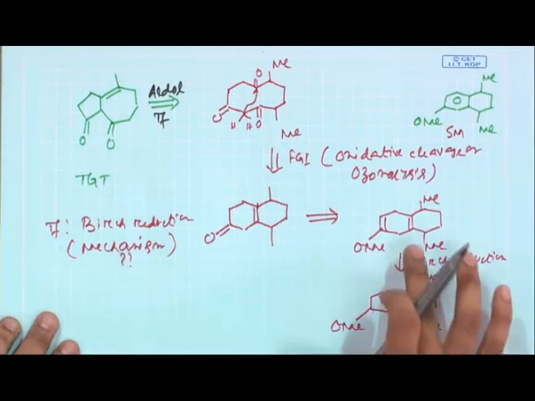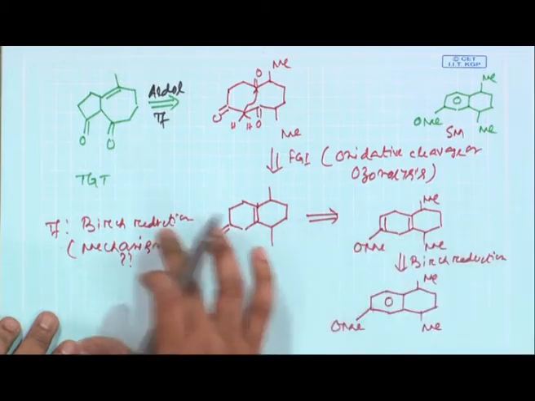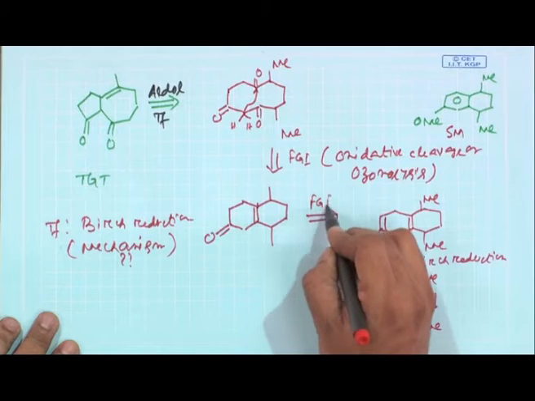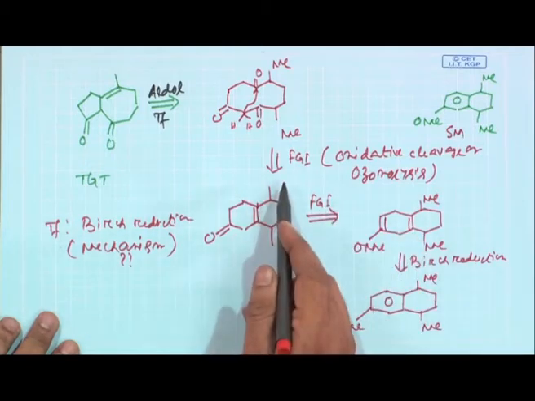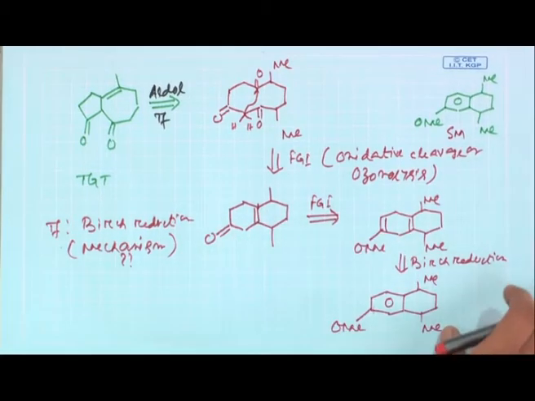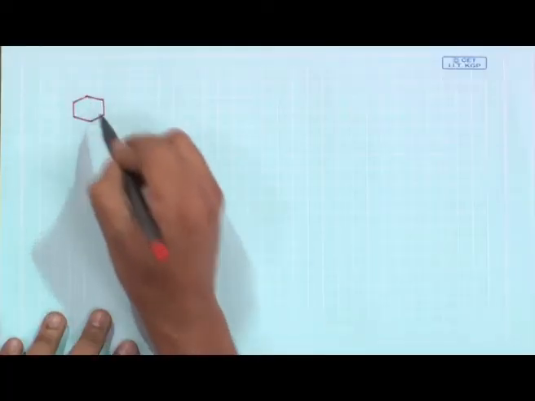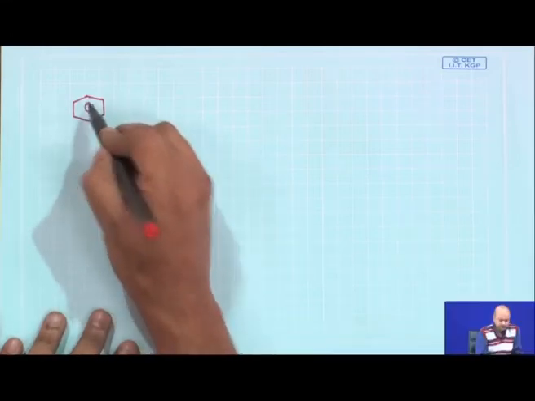So, once this part is done, the remaining thing is absolutely simple. You just do an FGI through enol ether hydrolysis, oxidative cleavage and complete the synthesis. So, it was very obvious, and those kinds of synthesis can easily be done. We will try to conclude the whole session just by giving you another example.